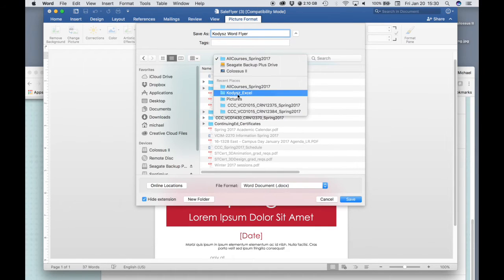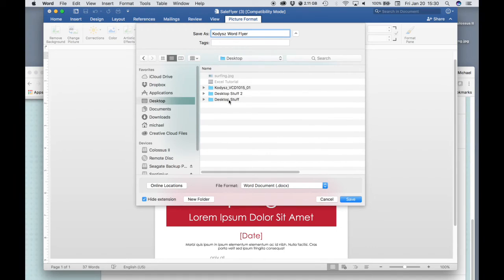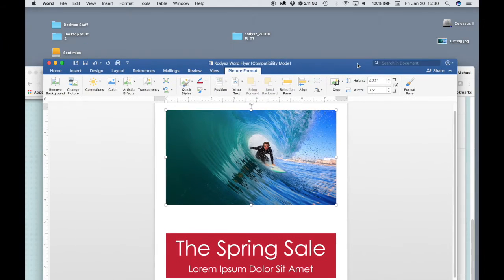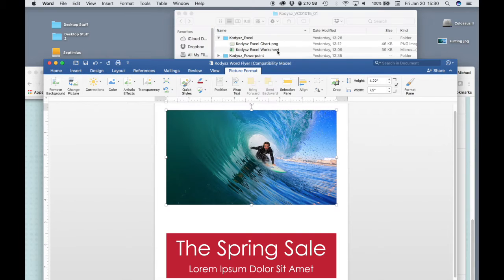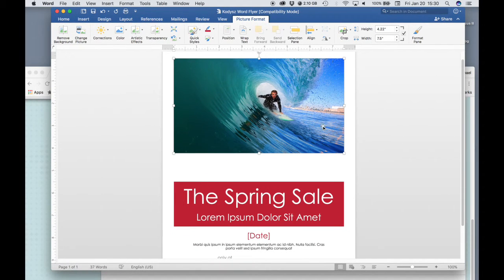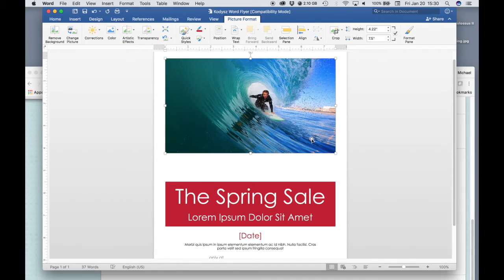And mine is on my desktop. Here's the assignment folder. Find the Word folder inside of there, double click it, and go ahead and save. So you're saving your Word flyer inside of your assignment folder. There it is. Okay, so going back to our document,